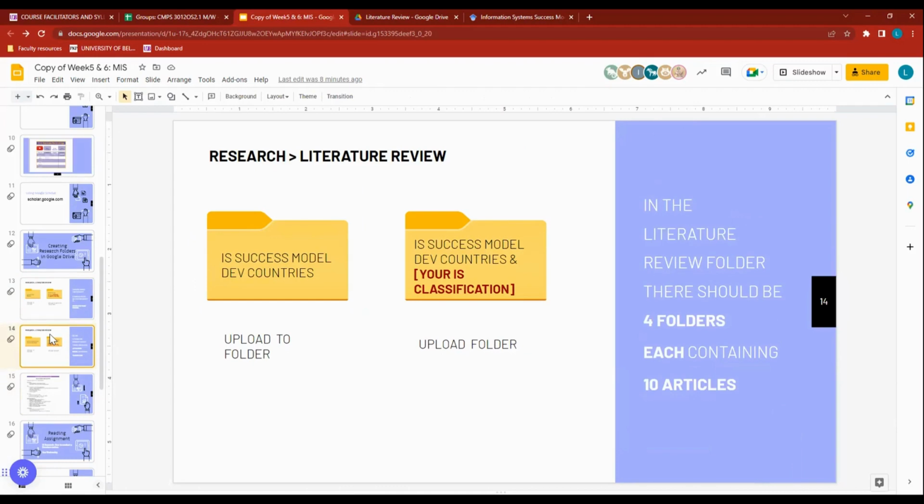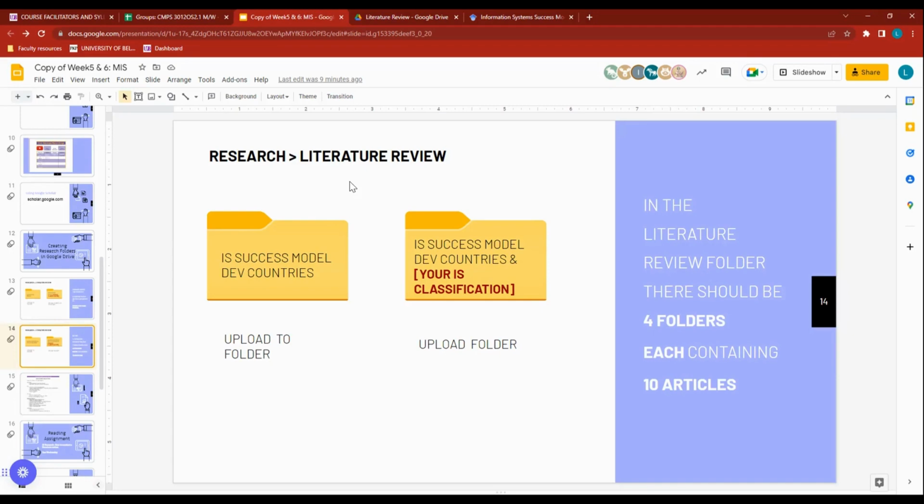Now, what does the literature review entail? What you're actually doing is looking at what people have said, summarizing it, and finding points from it that will help you to be able to write about the type of information system and what factors make using those information systems successful. So as you read, you're asking the question, what are the success factors of this type of information system? How is it successful in these countries?